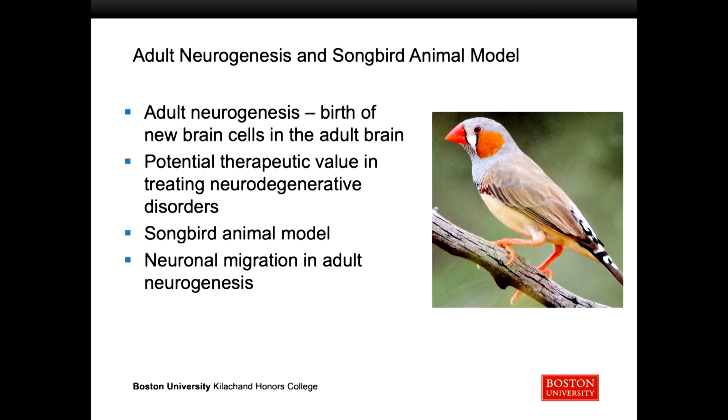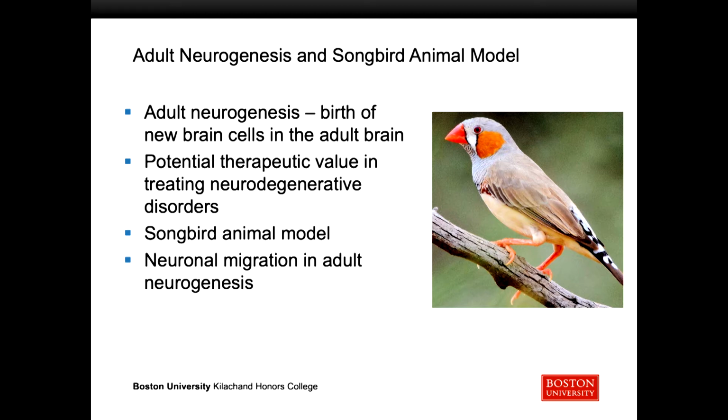So what are we trying to study? Broadly, we're trying to study adult neurogenesis. And adult neurogenesis is the birth of new neurons in the adult brain. And there's a lot of interest in studying this because of its potential therapeutic value in treating neurodegenerative disorders. Neurodegenerative disorders involve brain tissue dying, and if we can figure out a way to regenerate it, that might be